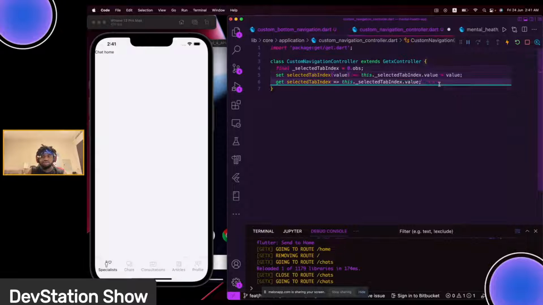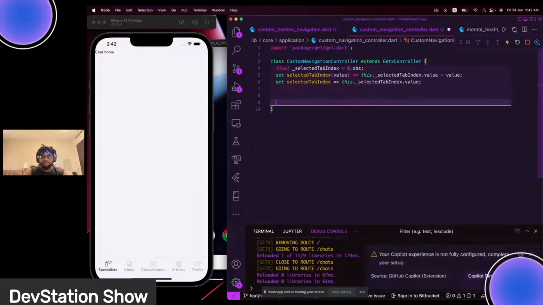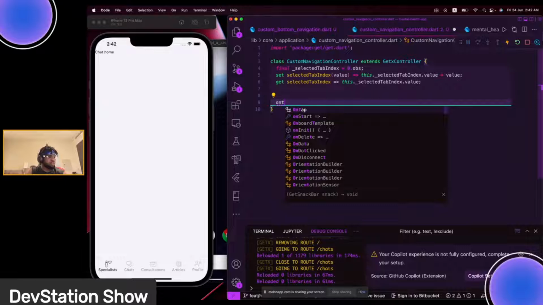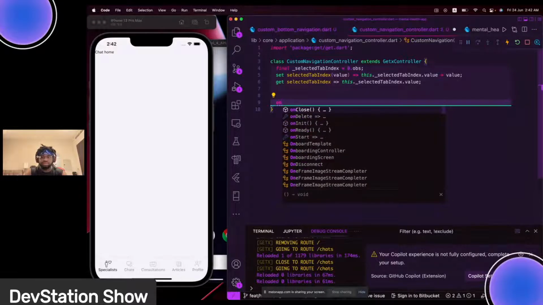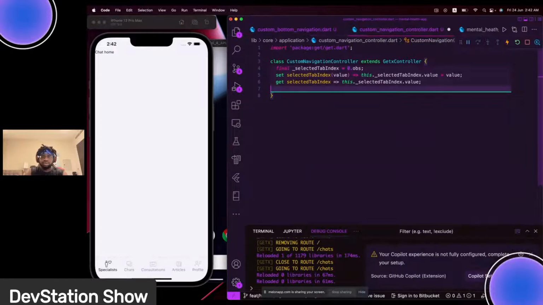Okay, we can leave it that way. And let's see what else we need to update. Let's say already we can call a function called get selected index. Okay, so right now we have this. Next thing will be, let's move